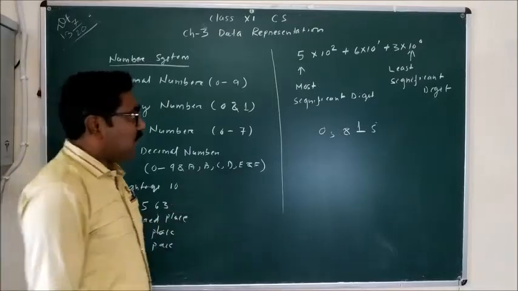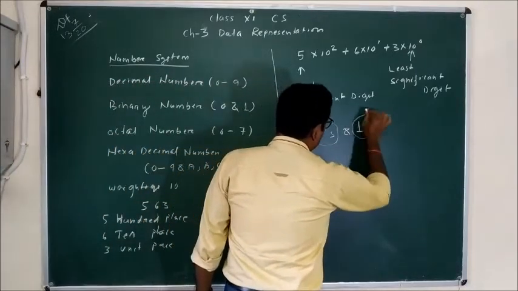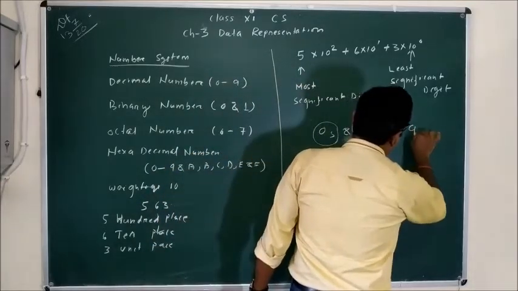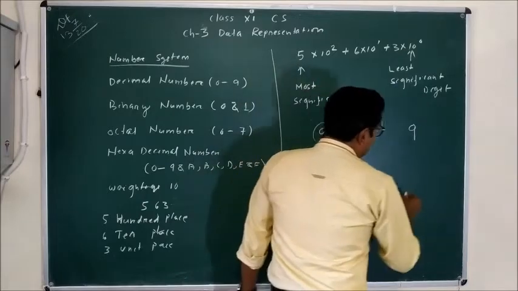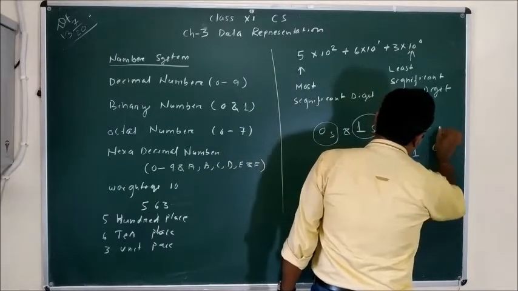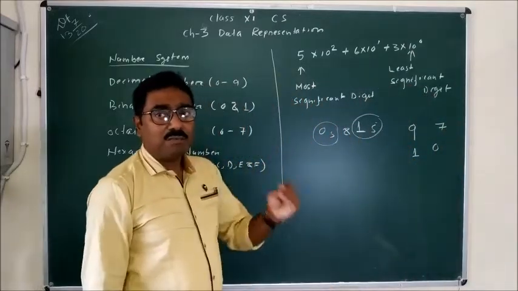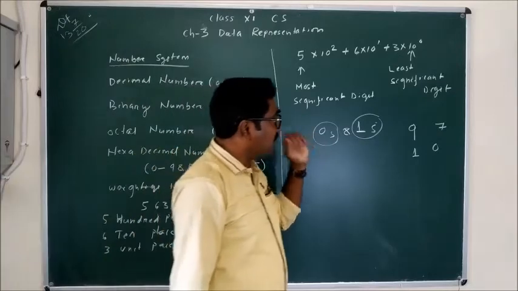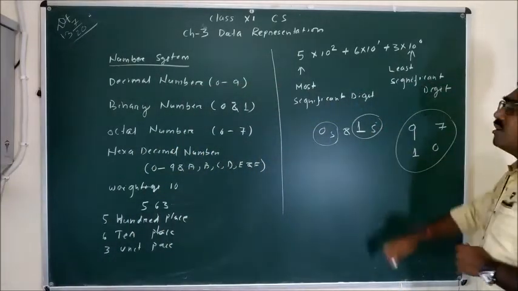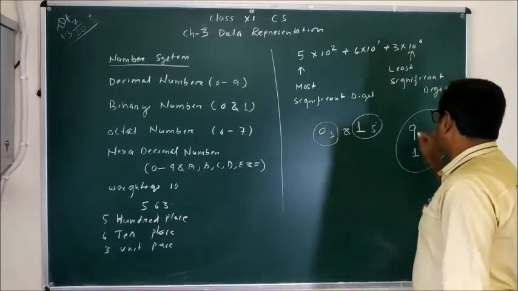But in fact, what is this zero or what is this one? Again, there is no difference for the machine. If you enter 9, then it is nothing different than the number 1 or the number 0 or the number 7 or any number. Any device that doesn't have artificial intelligence cannot identify any of the digits. So what happened over here?